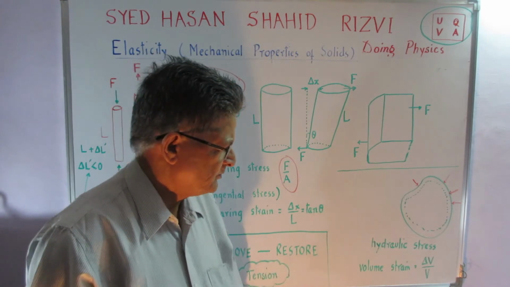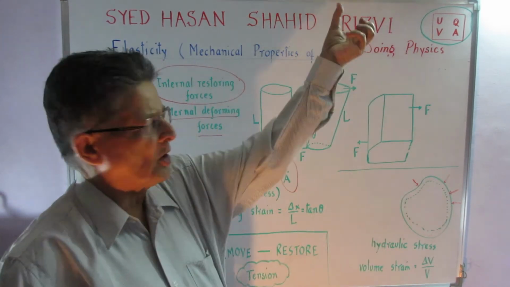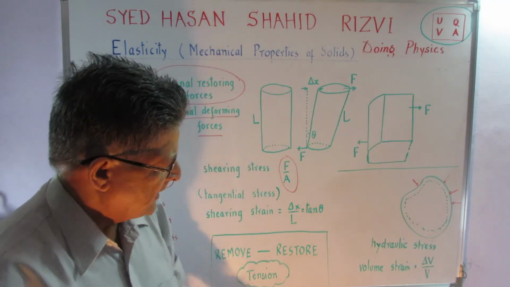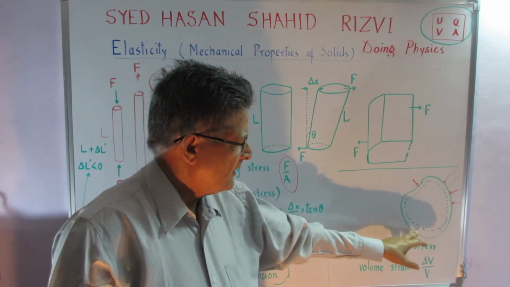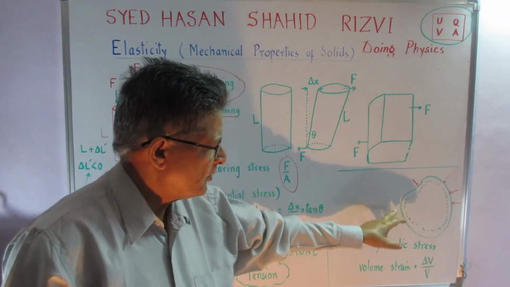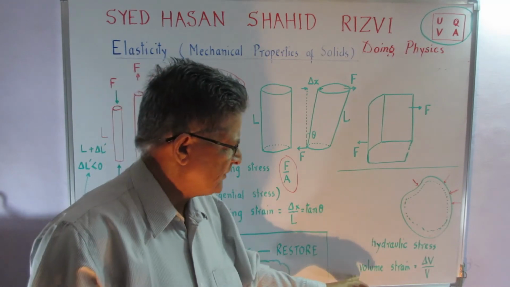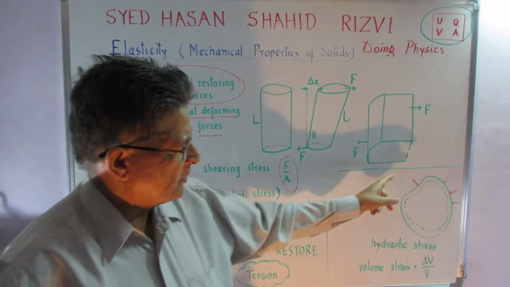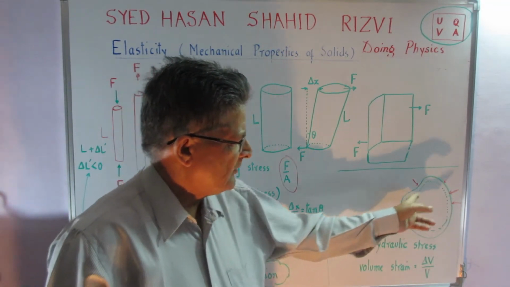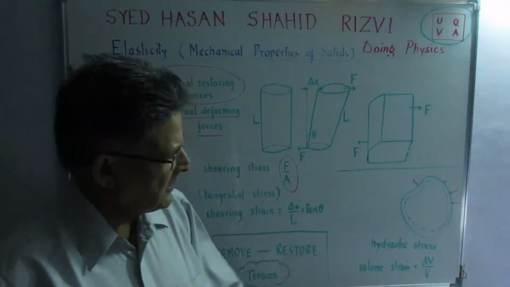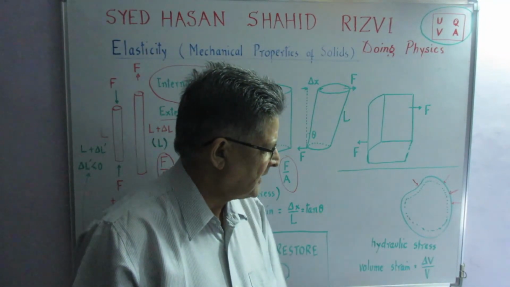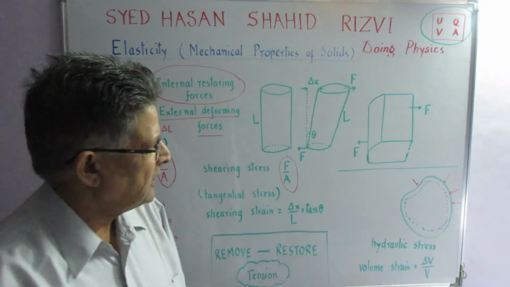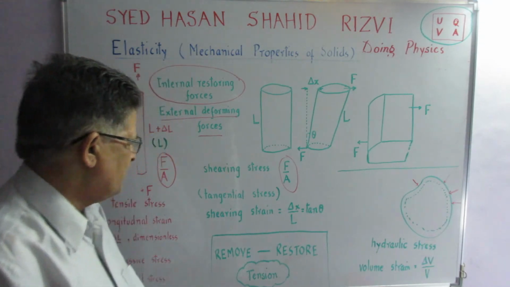Now remove it. If we bring the body back up to the surface of that water body, then it returns to its original position. Okay, and there has been a volume strain, which is the change in the volume of the body under the stress, delta V upon V, and again you can see that it is a dimensionless quantity. So these are the kinds of strains that we have.